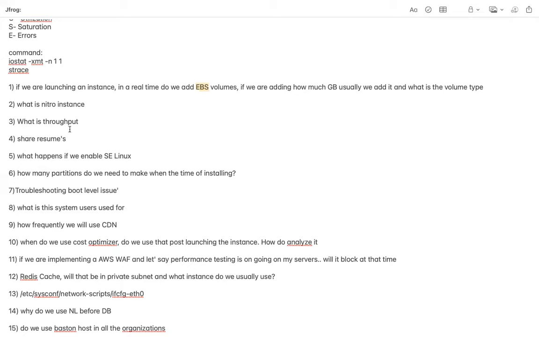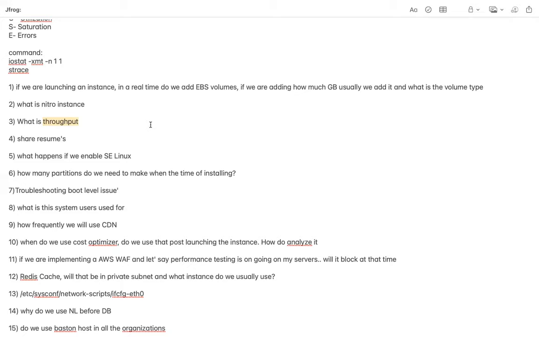How much throughput do we usually opt for? If we are working on an application like Tomcat, JBoss, WebLogic or WebSphere, throughput is basically not required. We go with IOPS only.